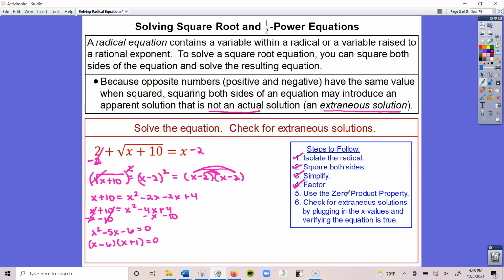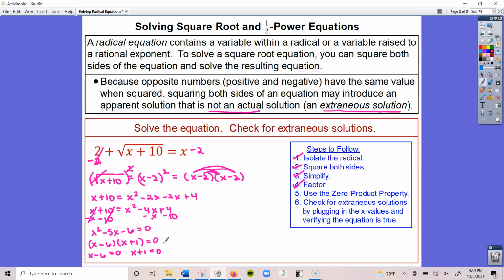Now we're going to use the zero product property. What that means is that you take each of these individual factors and make it equal to 0. The reason we do that is because if we make this factor equal to 0, 0 times whatever is in here is still going to equal 0. And the same thing for this factor. If I make this equal to 0, it doesn't matter what's here,